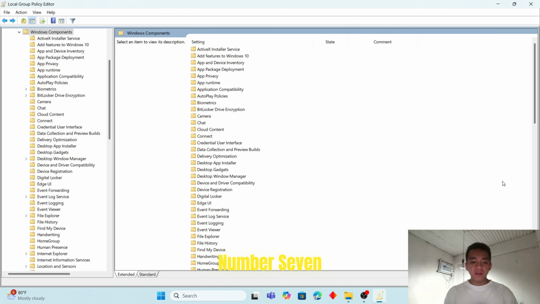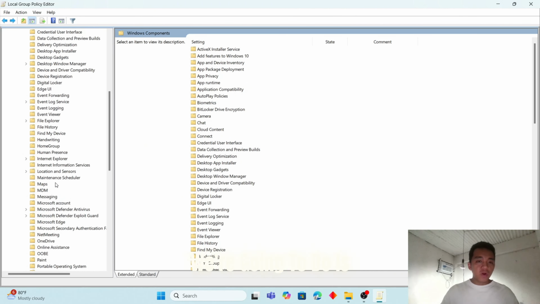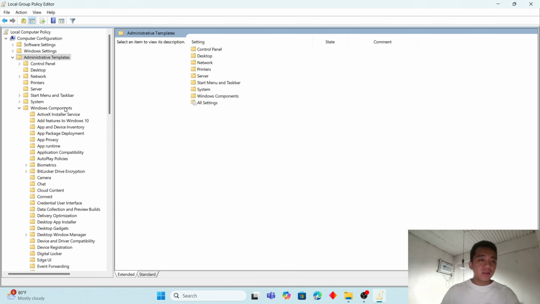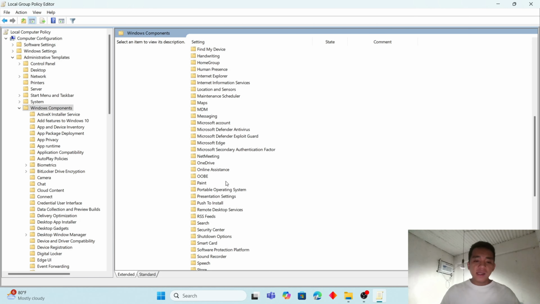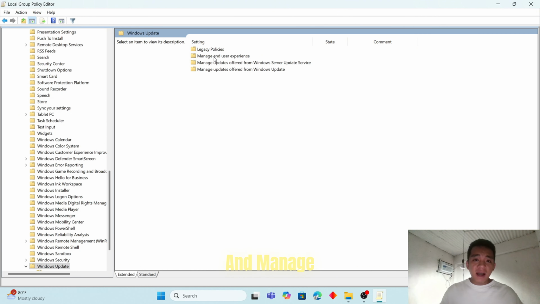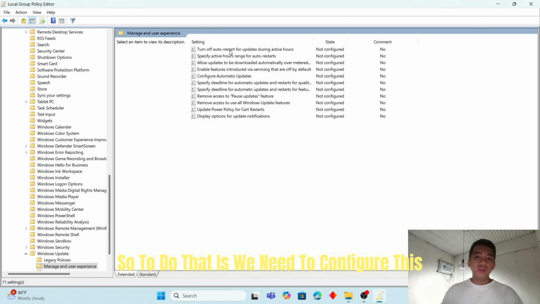Policy number 7 is preventing auto restart while scheduling updates in our software. To do that, we're going to Administrative Templates, then Windows Components. We look for Windows Update and Manage end user experience.